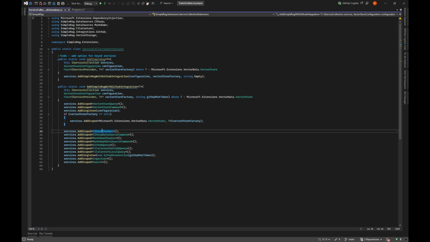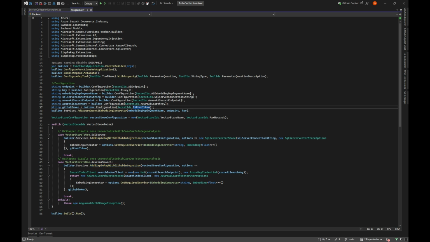Then it dependency injects its chunkers. It has a C# chunker and a Markdown chunker, and some source commands that take care of doing this work. Then it has access to GitHub whenever we use the GitHub integration version, and it has access to grabbing files and treating them as content. And then it has its two main endpoints, ingestion and search, which are the ones we are going to work against.